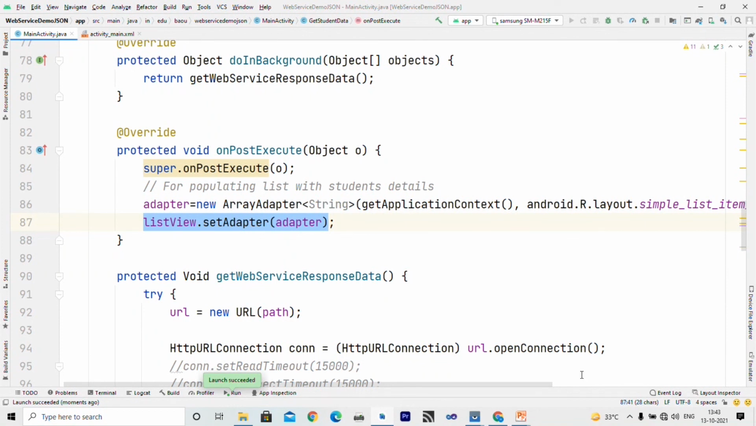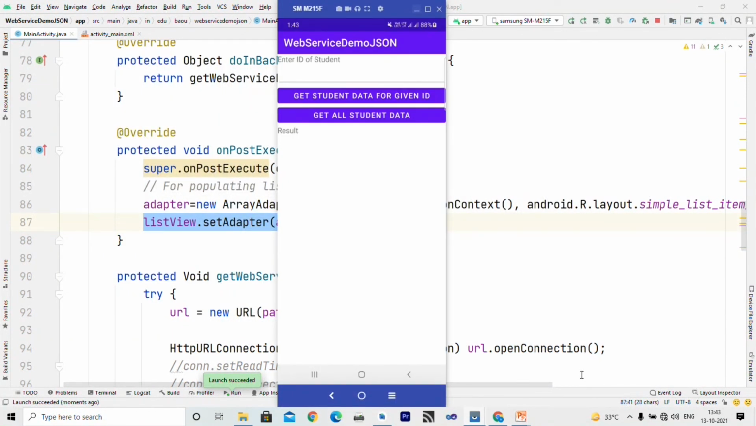Now let us see the actual device. Here you can see my app is launched. Initially I want to get particular student data, so I write down 1. Now when I click on this, it fetches single student data from the server. When I click on get all student data, it will fetch all the data available on our server. So remember, this is how we can fetch either single data or all the data from the server,